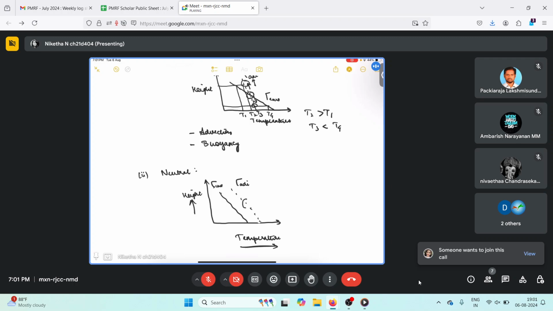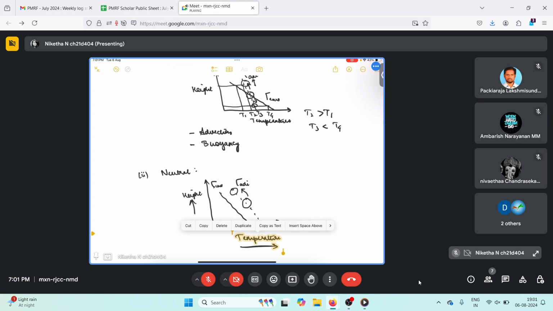So here also, if we consider a parcel of air which is here, and if the wind direction is pulling this parcel upwards, it will tend to move up, but once it reaches this point, its temperature is not going to be so different when compared to the surroundings, since the lapse